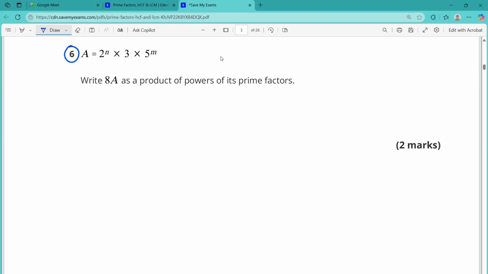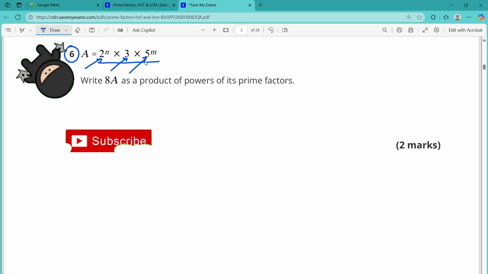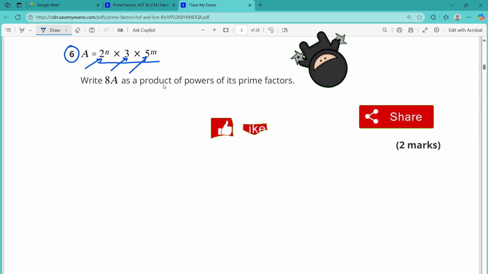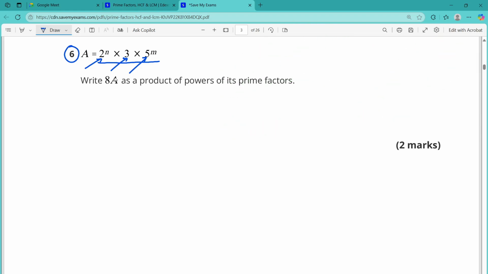So the question is saying a is equal to 2 raised to power n into 3 into 5 raised to power m. Obviously, this is the prime factorization of a. Why? Because this 2, this 3, and this 5 all are prime numbers. So we know the prime factorization of our number a. We have to write the prime factorization, or product of powers of prime factors, of